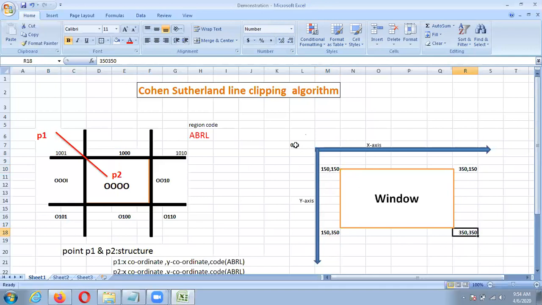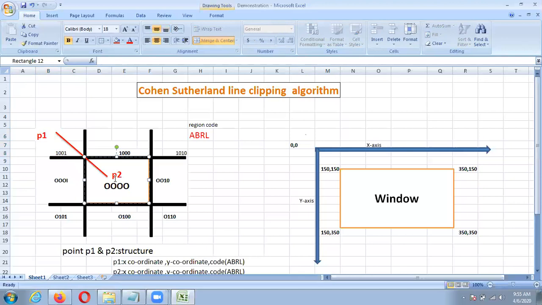For our screen, this is your origin, this is your x-axis, and this is your y-axis. Now we have to store the values of this line, that is P1 and P2. To store P1 and P2, first we have to store the x coordinate and y coordinate of P1, and also the region code.